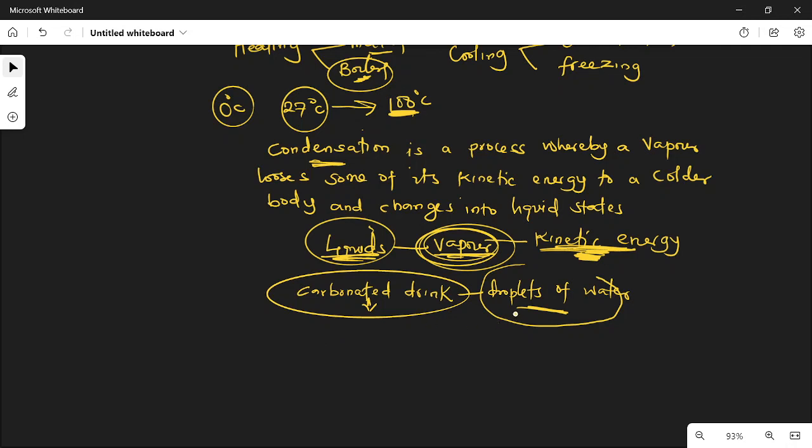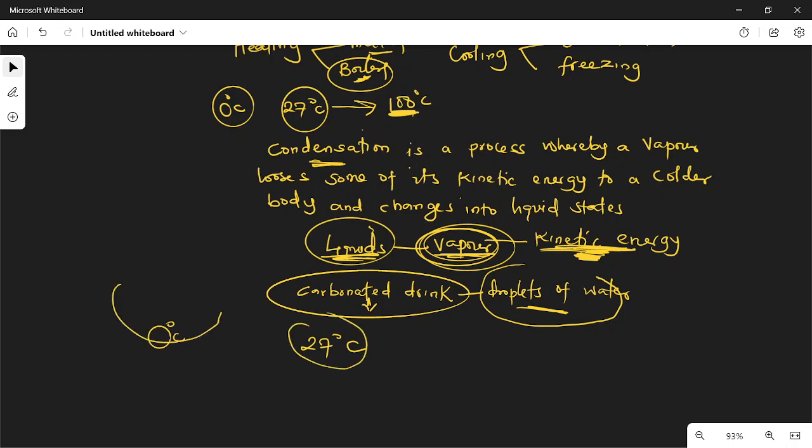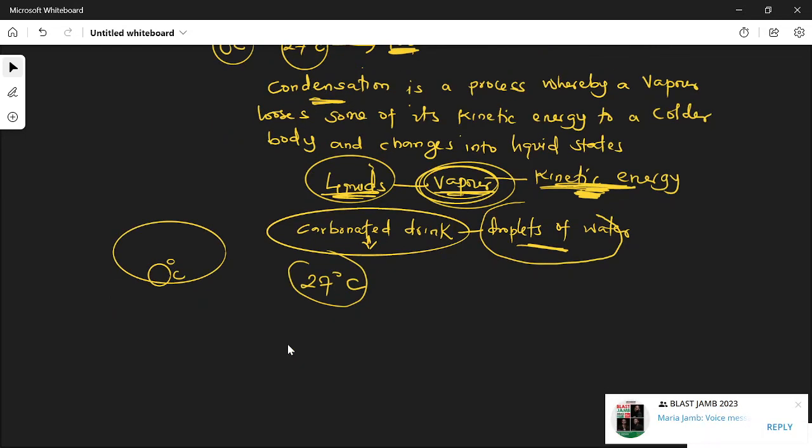So when this kinetic energy is lost, it is turned into droplets of water, and you begin to cool the liquid. Don't forget, cooling the liquid means it is losing heat to the surroundings. Very, very important. Water is at 27 degrees Celsius. The normal temperature of water is 27 degrees Celsius, and we say that it freezes at 0 degrees Celsius. 27 to 0 means the temperature is reducing. So when the temperature begins to reduce,